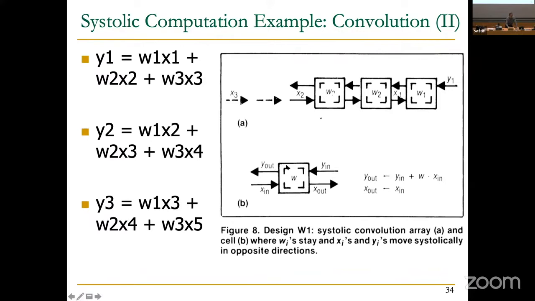And also at the same time, X out is equal to X in. So every clock cycle, X in just gets transferred to X out. Okay? Now, if you know that this is what operates, you will hopefully convince yourself that you can connect them this way and supply the inputs and outputs appropriately so that you get the right values that are specified by here.